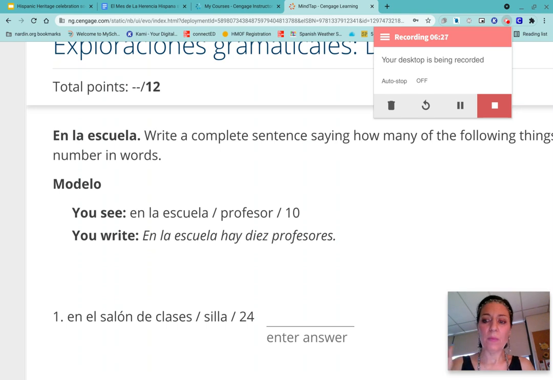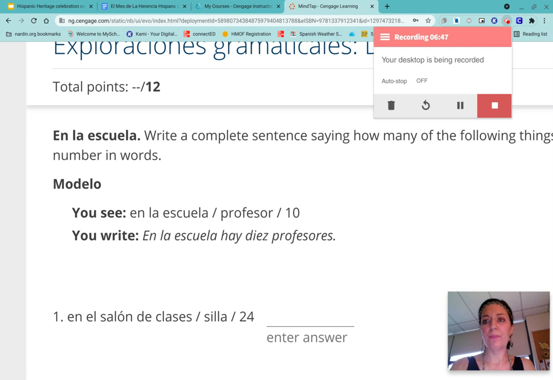So hay is, remember, there is or there are. It's used a lot in Spanish to say there is or there are. Hay 24 sillas. And you're going to have other sentences that you have to write, but that's one example. You have a model here too. En la escuela hay 10 profesores. Read the models. Try to take a look at those so that you are clear and you know what you're